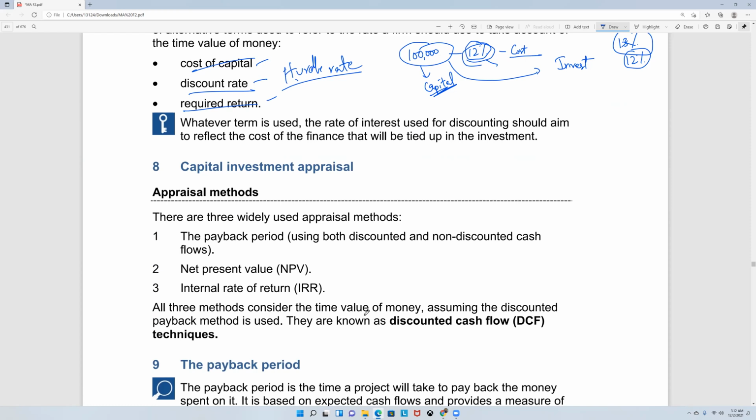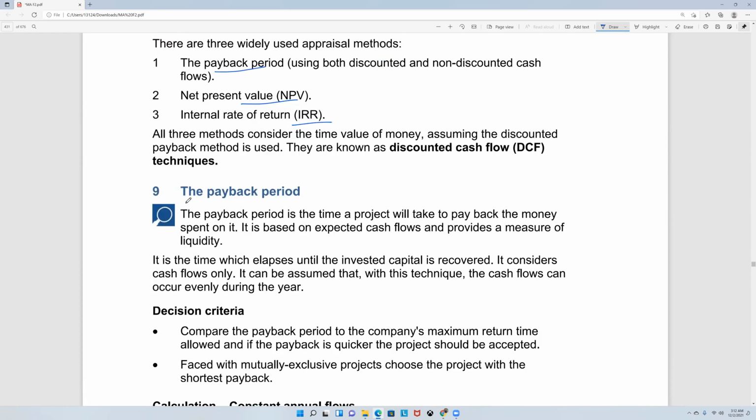Now कैपिटल इन्वेस्टमेंट अप्रेजल, यहाँ है पे बैक पीरियड, नेट प्रेजेंट वैल्यू, इंटरनल रेट ऑफ रिटर्न. सबसे जबरदस्त, मतलब इसके ऊपर बहुत प्रॉब्लम्स आने वाले हैं और बहुत आसानी से कर भी सकते हैं हम लोग, ठीक है. जैसे कि स्टार्ट कर रहे हैं हम पे बैक पीरियड से. पे बैक पीरियड हम क्यों कर रहे हैं, यहाँ पे हमको ये मालूम करना है कि इन हाउ मच टाइम,